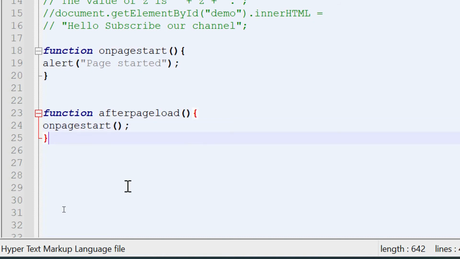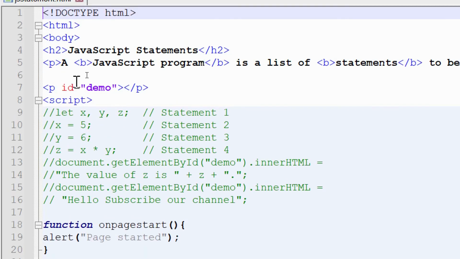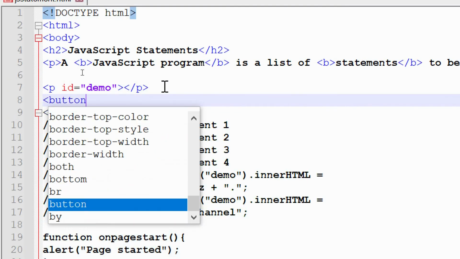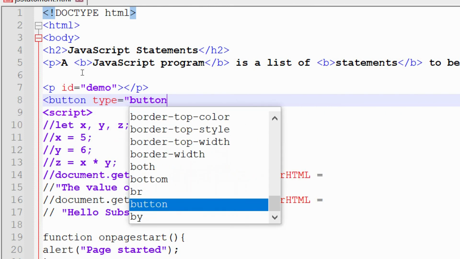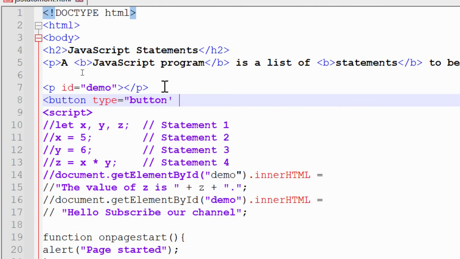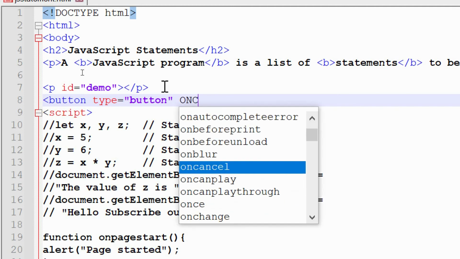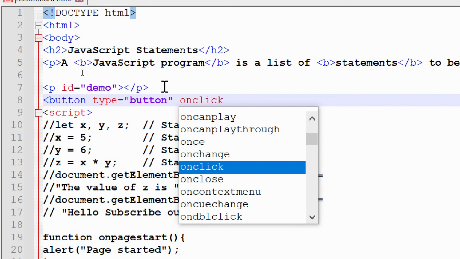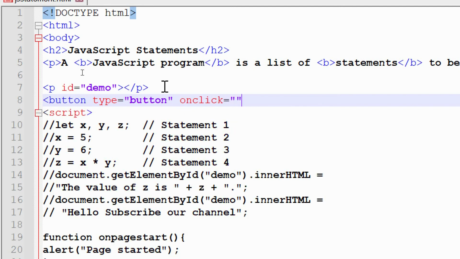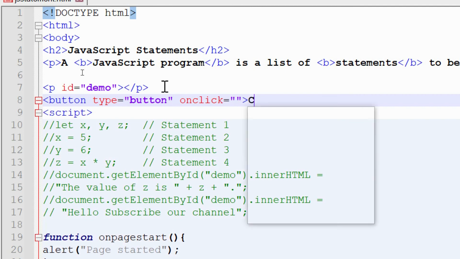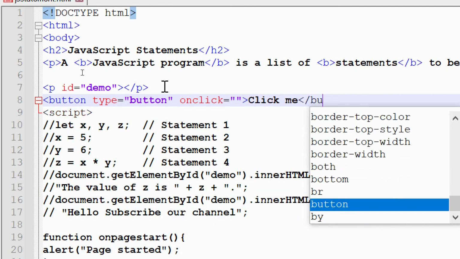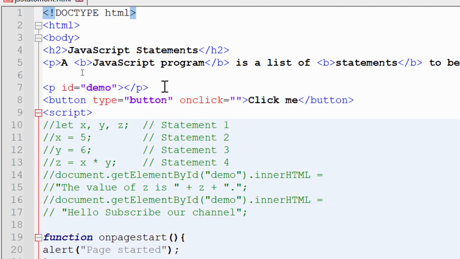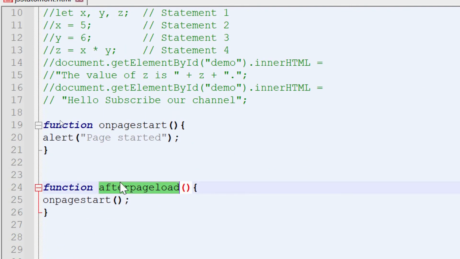Now, guys, we will create a button, and on click we will do that thing. So I came here to the HTML, button type equal to button, and onclick equal to, we will call the function, the button "click me", and close the button. Below we will paste that function.